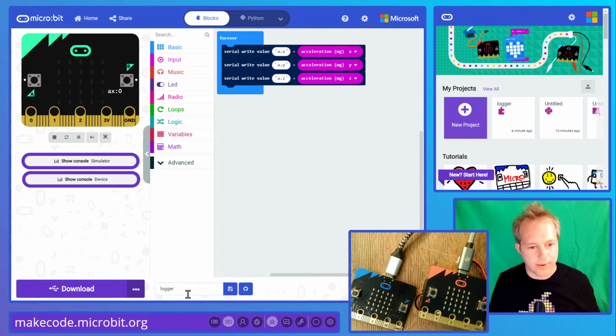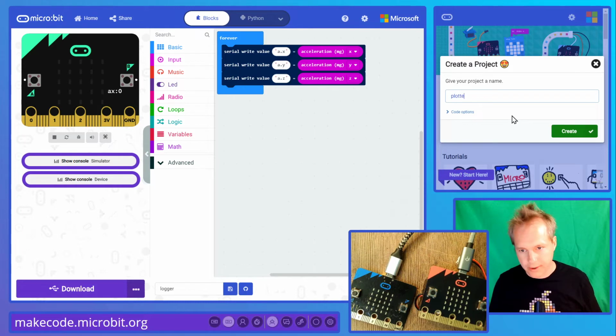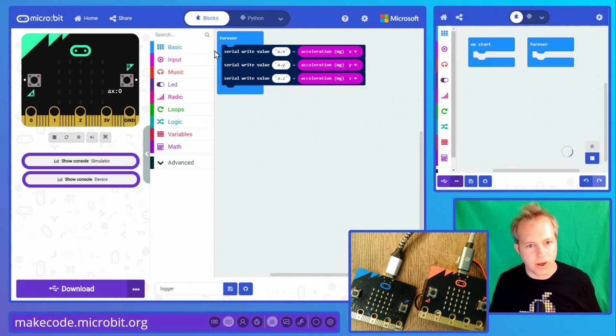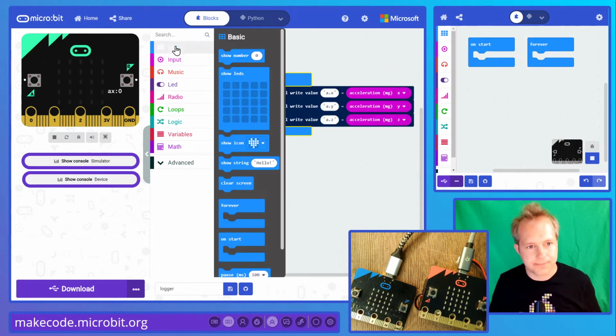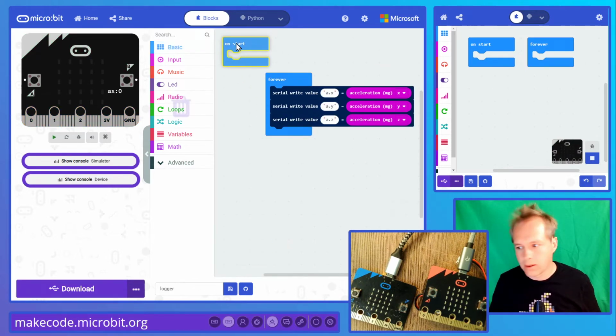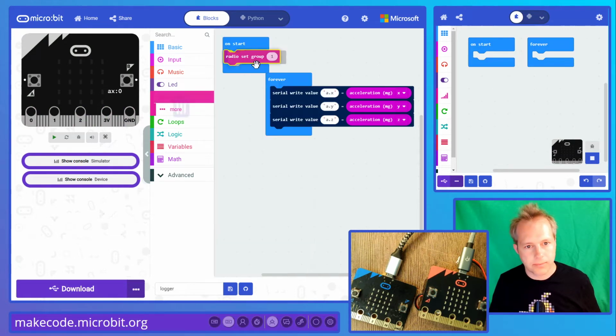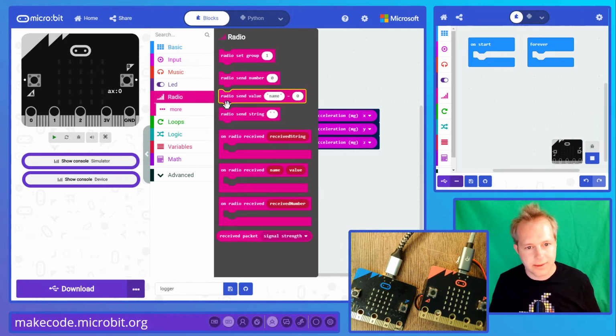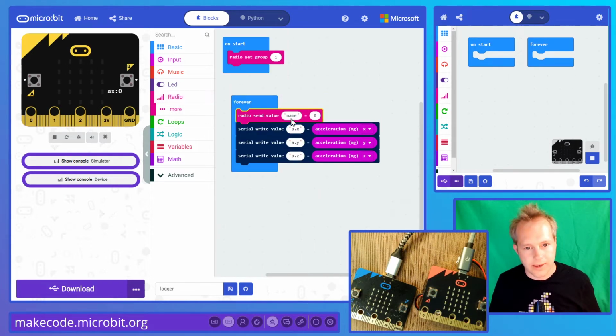All right, so I've got a logger. So this microbit is going to be the microbit that sends the data, and then I'm going to do the plotter, which is the one that sends the data to MakeCode. Okay, so on this side, what we're going to do is go ahead and set a radio group, and then in a loop, we're going to send, instead of writing, we're going to send these things up. So just convert this code here,